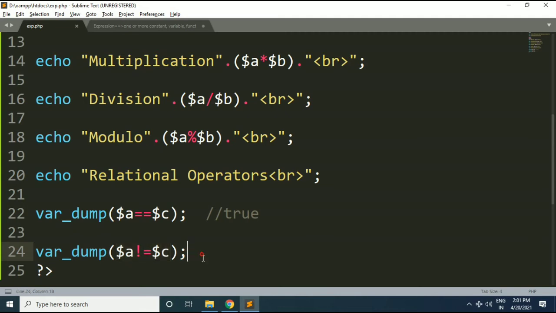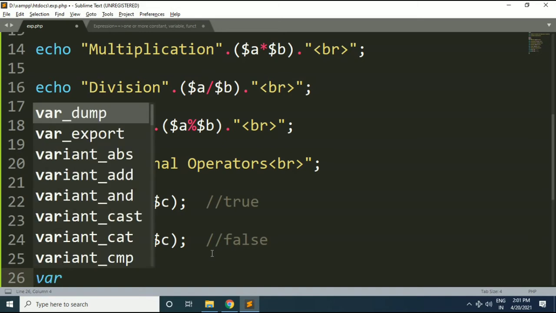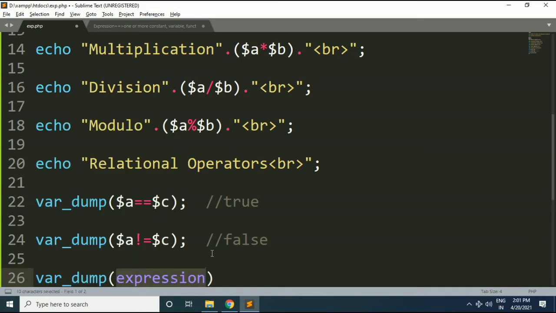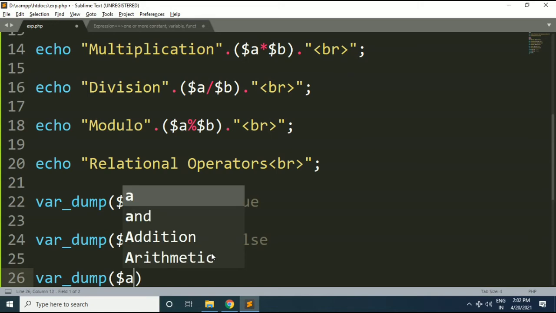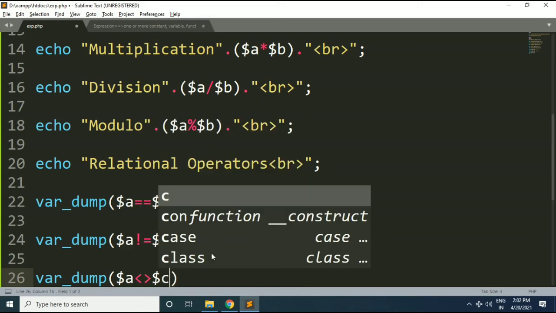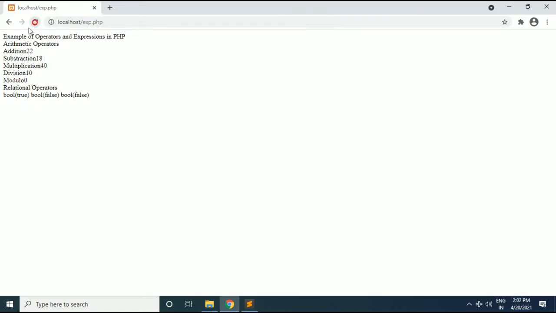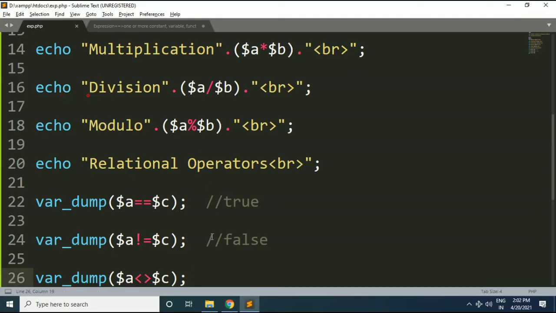Right now they are equal, that's why it returns false here. Next, we will use the not equal to operator again, but in a different way. We save it. Again it is false.